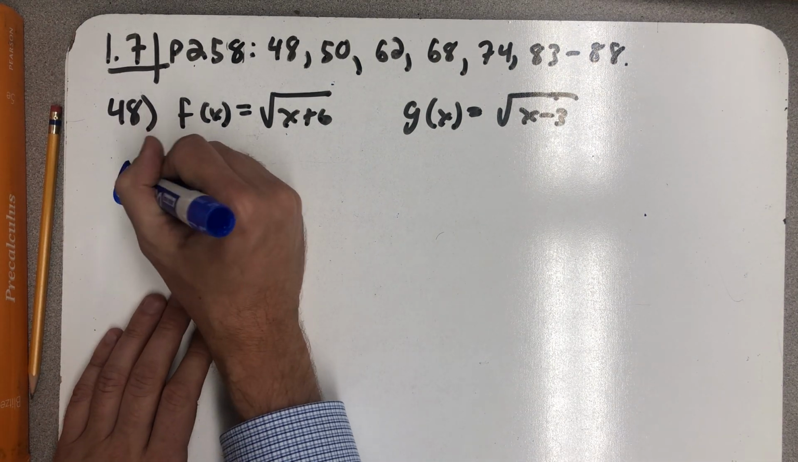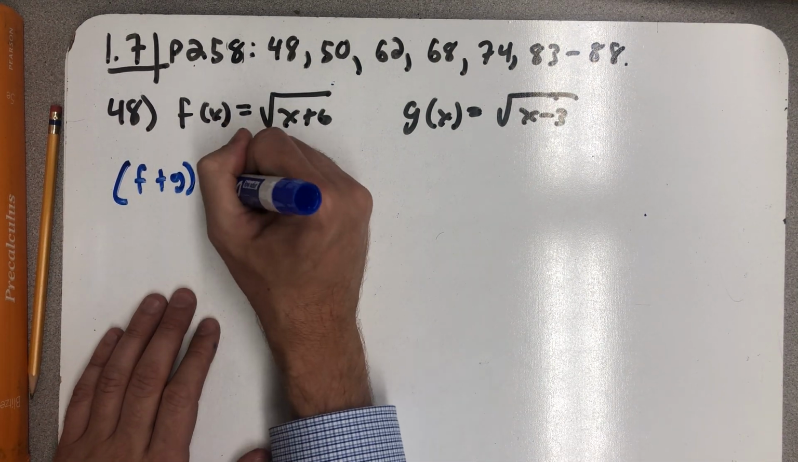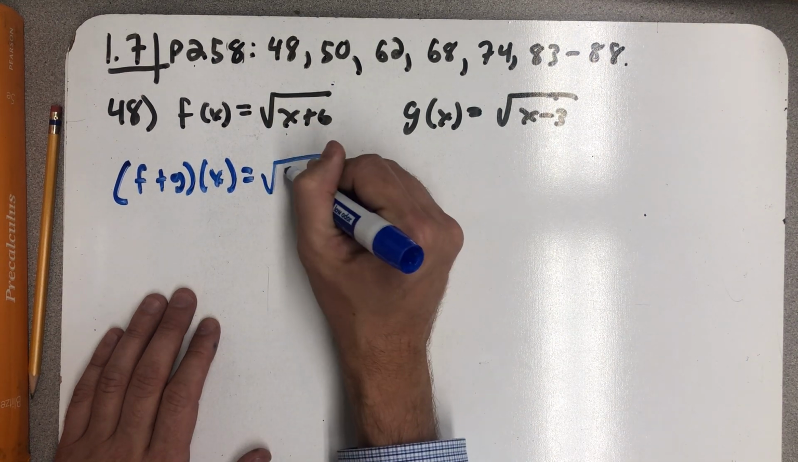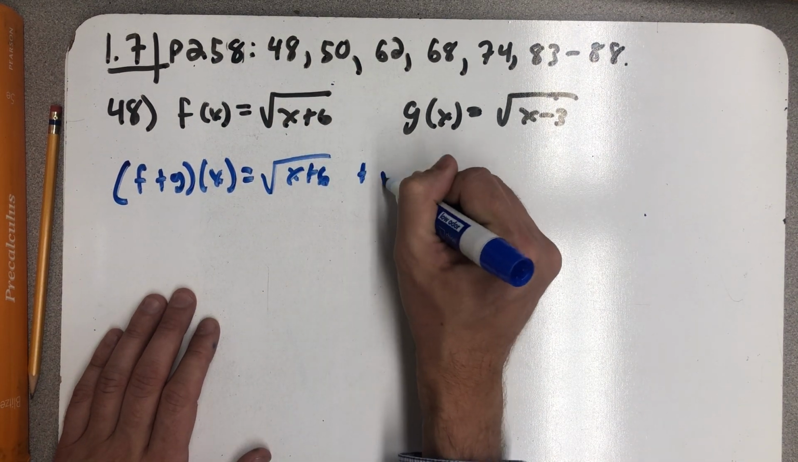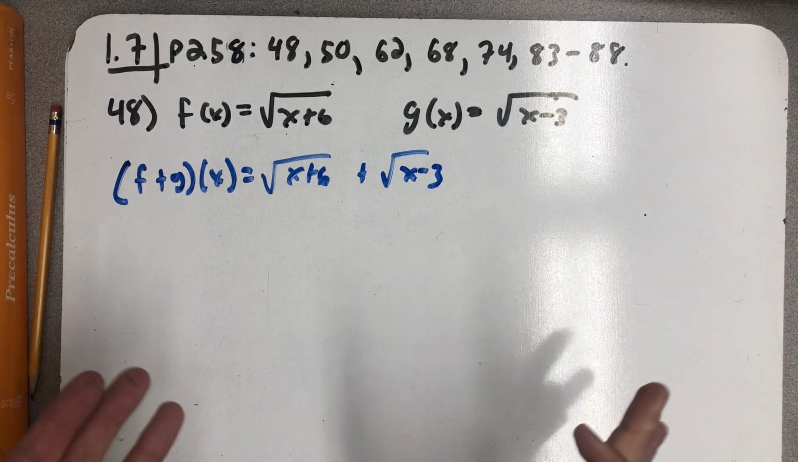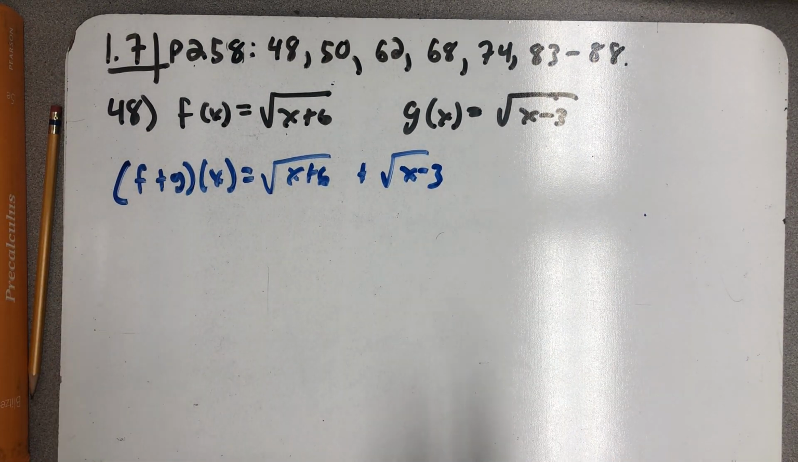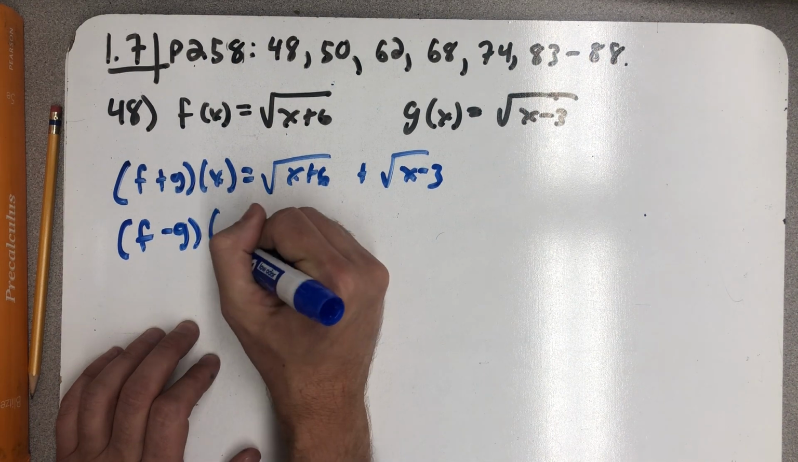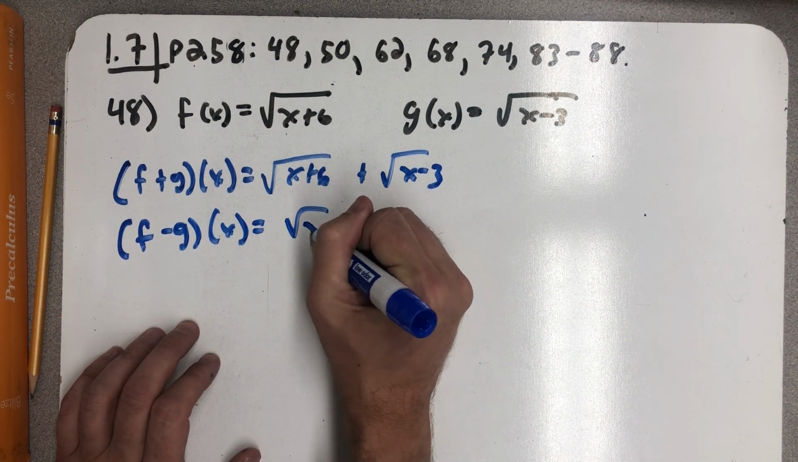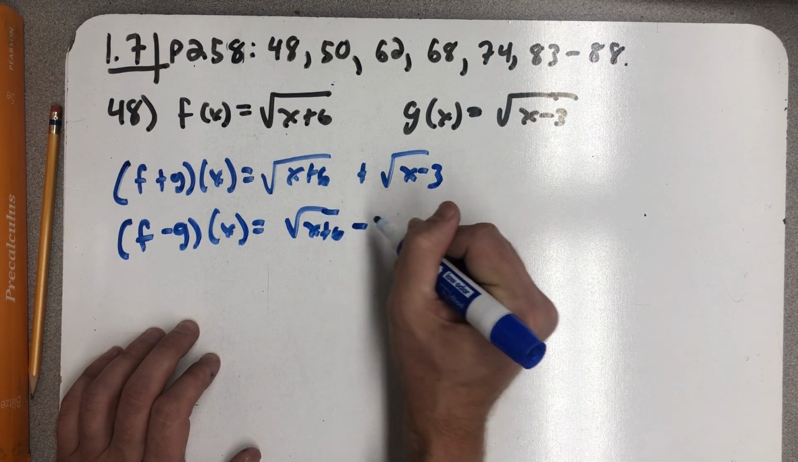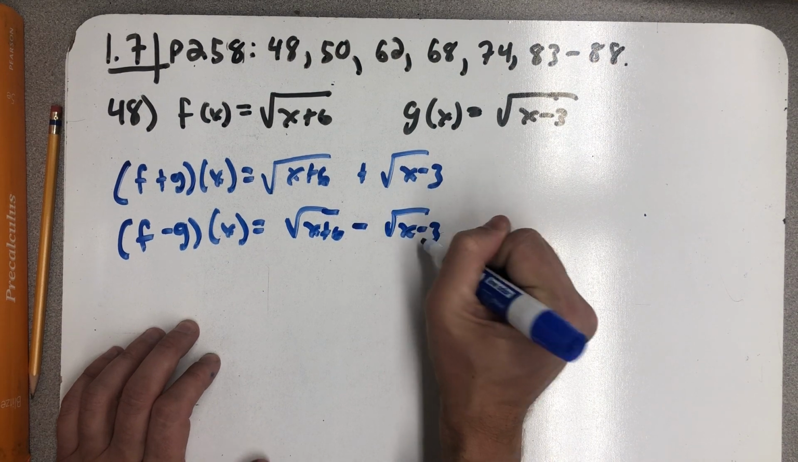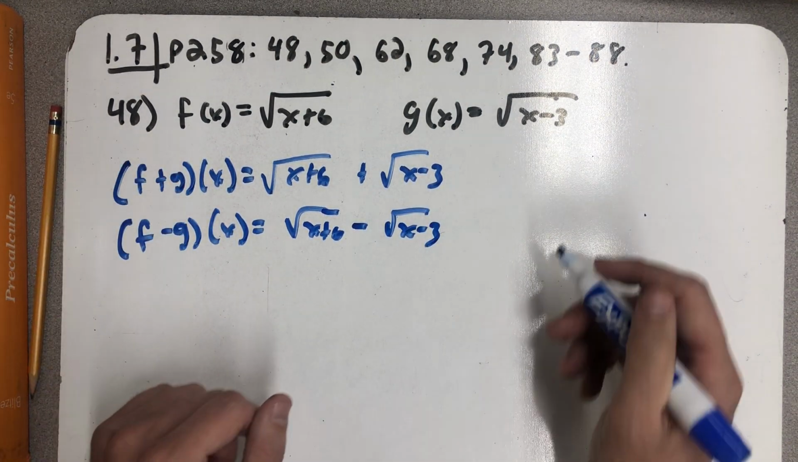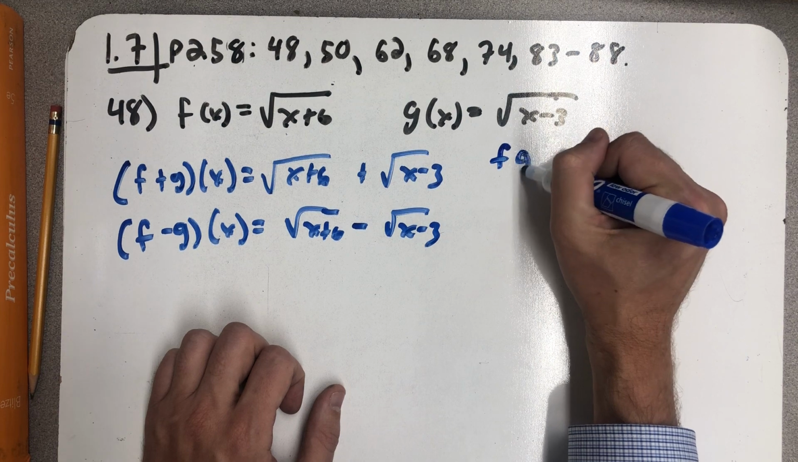So first off, let's find f plus g of x. Well, that's just the square root of x plus 6 plus the square root of x minus 3. There's nothing to simplify or do anything with there. That's as much as we can do. F minus g, I'm going to end up kind of in the same situation where there's not really anything for me to simplify. I'm just kind of writing it down. There it is. F times g,